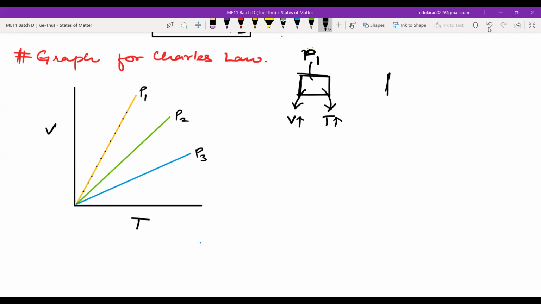Similarly, they again put this gas at some other pressure, that is P2, and again changed the volume or temperature, and corresponding to those volume and temperature, you got this type of graph. Now we have to compare which one is higher, P1, P2. See, the pressure is constant in all of these lines. So how will you check it?